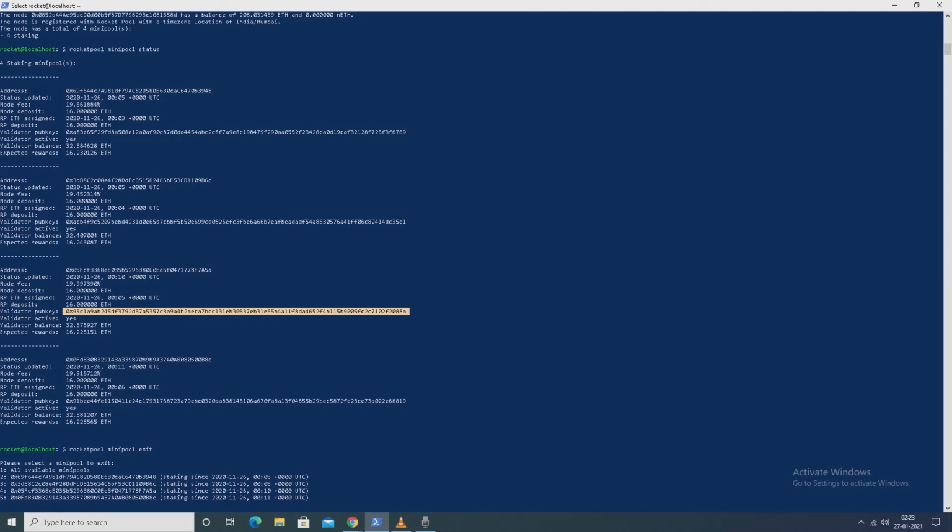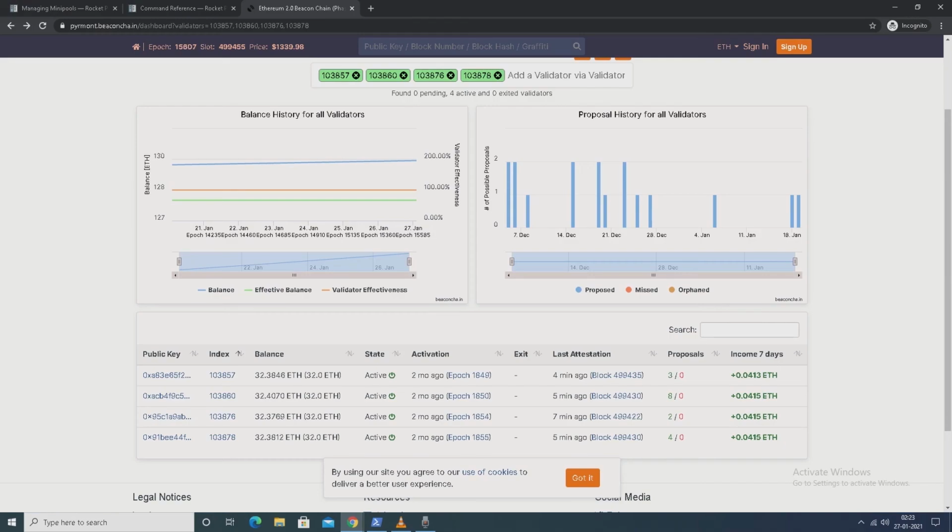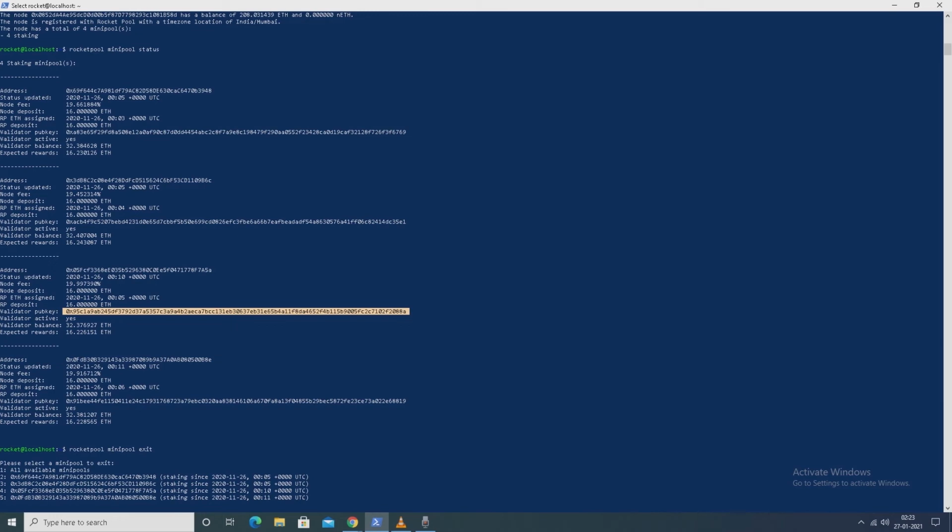This one, and the other one is 91BEE. Okay, so these two we are going to withdraw. So we will type over here 4 and 5. So let's type 4 first.